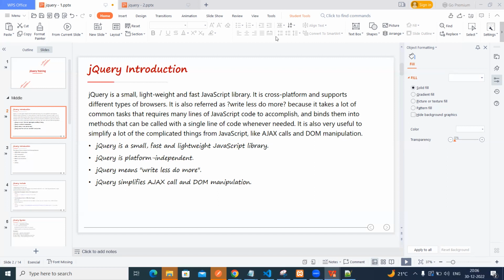Again, jQuery is a small, lightweight, and fast JavaScript library. Because of that, compared to JavaScript, we can execute it quickly and load the application page quickly. It is cross-platform, which means jQuery will work on all operating systems and supports all the browsers. It is also referred to as "write less, do more" because